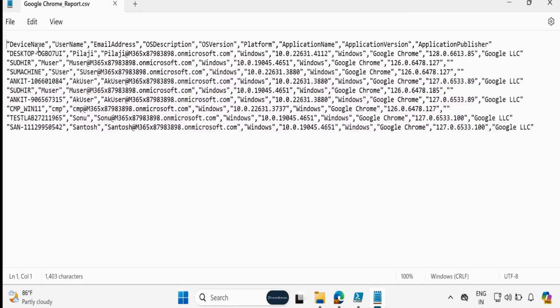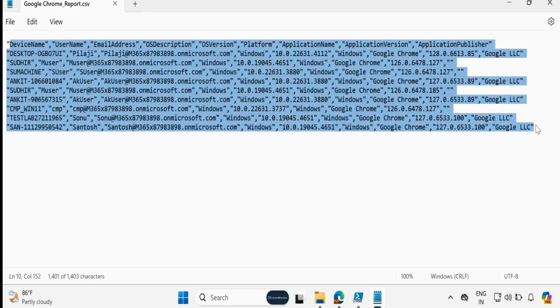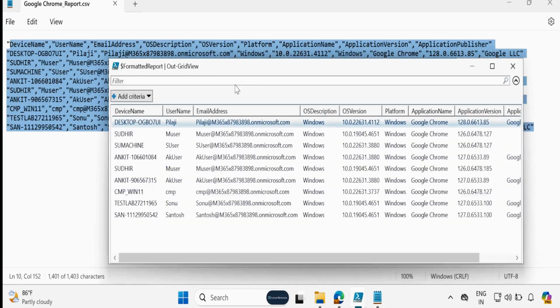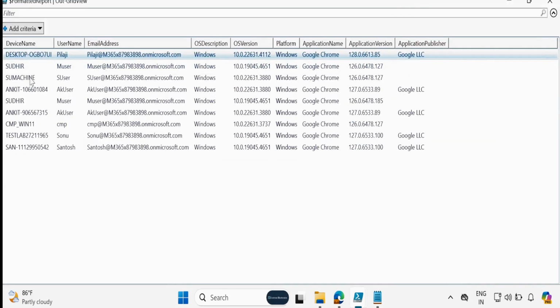We can see that it is creating a report for the Windows platform, and we can also see the same thing here in the output format section. So these are the device name, username, email ID, OS description, OS version, platform is Windows, application name is Google Chrome, the version name, and the application publisher.